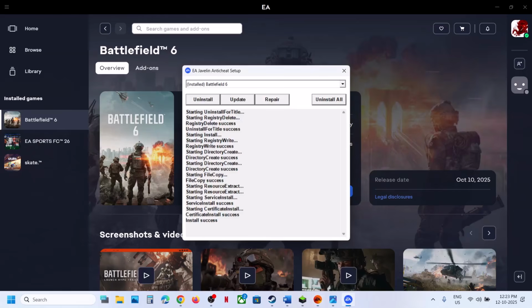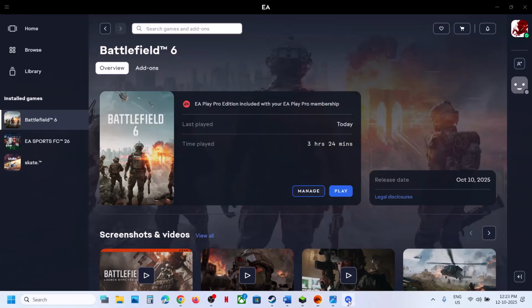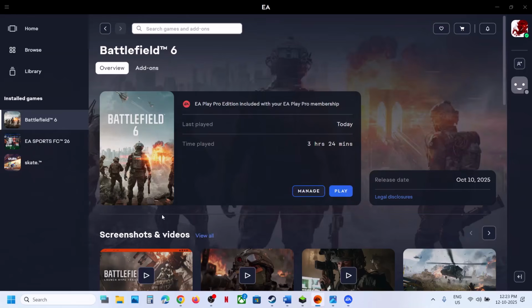If that does not work, this time select Battlefield 6 once again and then click on update option. And during the update, EA Anti-Cheat setup may restart. Once you see update success, now you can relaunch the game and then check. Still not working. This time again select Battlefield 6 and then click on uninstall. Once uninstall is done, click on install, and once the install is success, now you can relaunch the game and